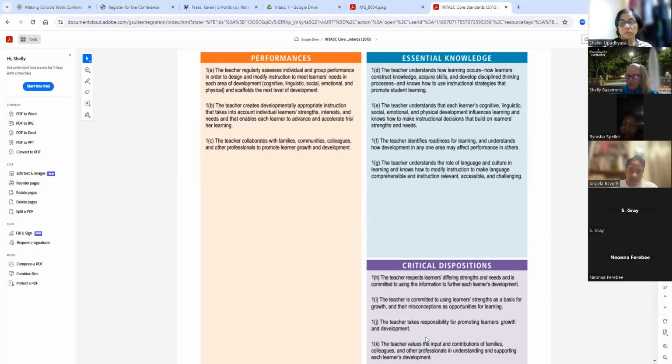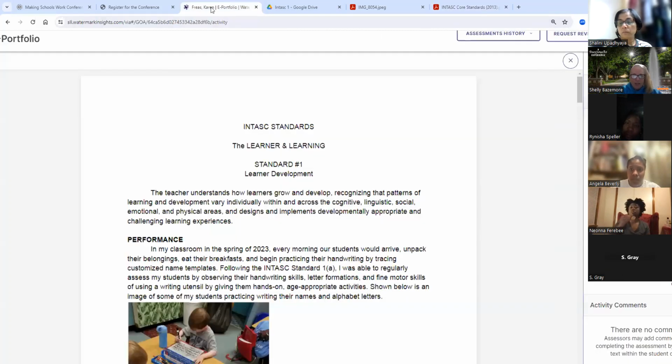So the blurbs don't need to be a whole page. They just need to be a paragraph, but the standard essay needs to be the essay. Yes. Okay. Well, and actually the blurb, once you've got the blurb and the artifact together, it does need to go into LiveText like